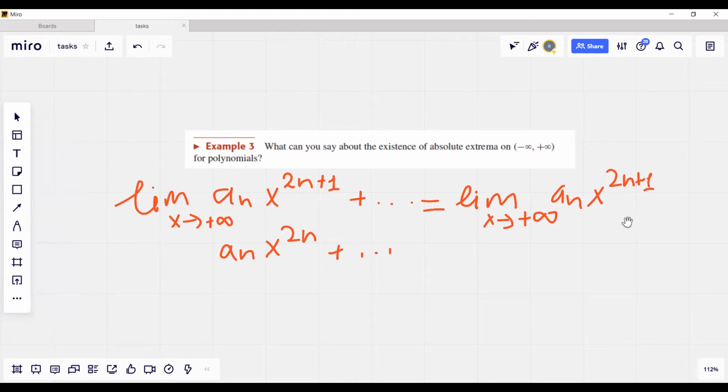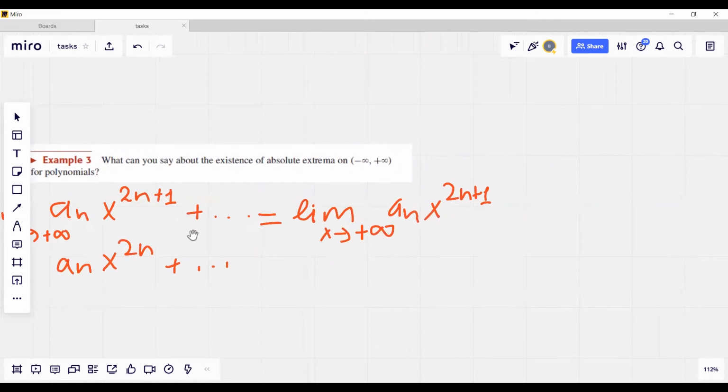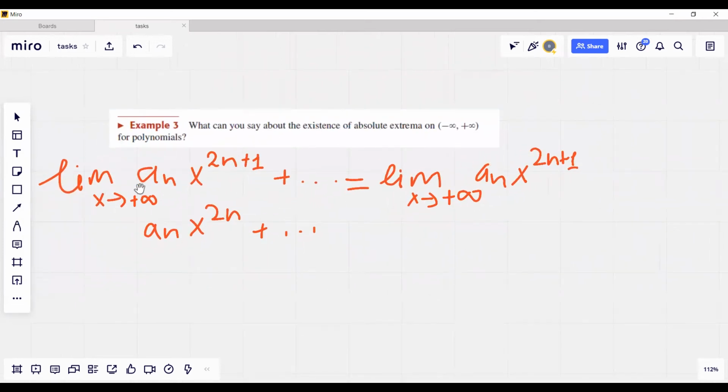Okay, and based on the sign of an, the leading coefficient, if it is negative, then that limit is going to be equal to minus infinity, and if it's positive, it's going to be equal to plus infinity. And if we take a limit of an odd degree polynomial when x goes to minus infinity,